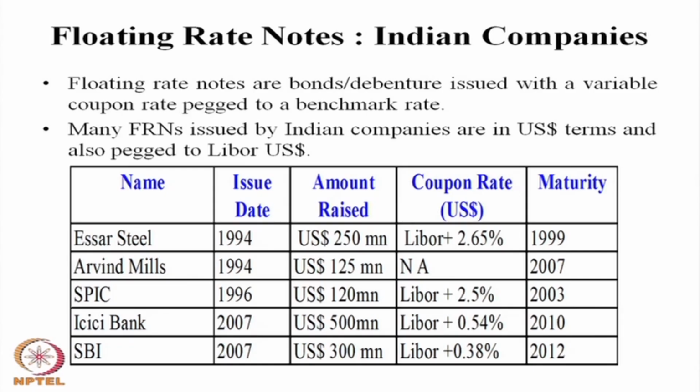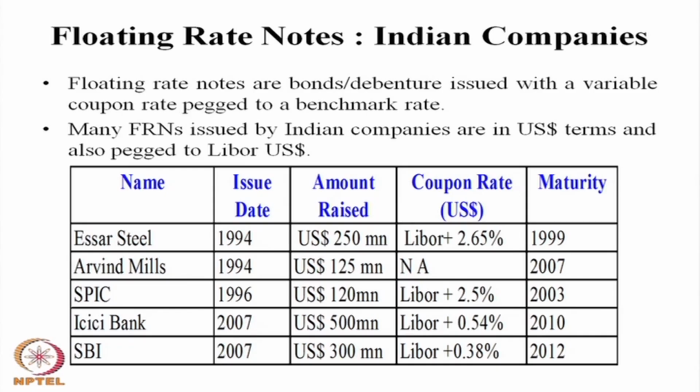Arvind Mills in 1994 issued 125 million, a 12-year bond. Spike in 1996 issued 120 million at LIBOR plus 2.5%, and maturity was 2003. ICICI Bank issued in 2007 500 million US dollar, LIBOR plus 0.54%, and maturity was 2010. Similarly, State Bank of India issued in 2007 300 million US dollar with LIBOR plus 0.38%, and